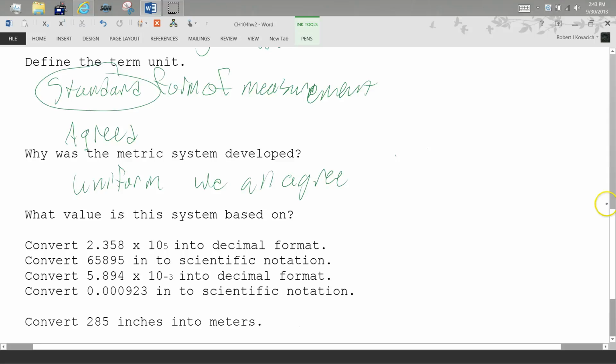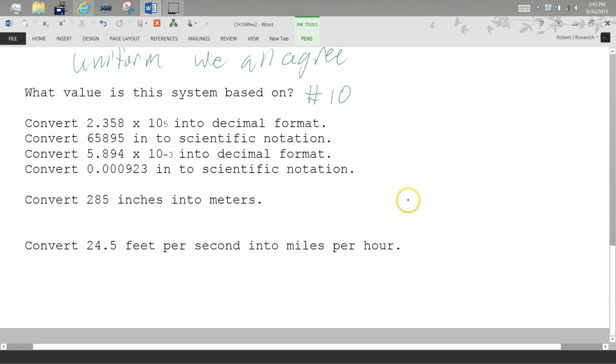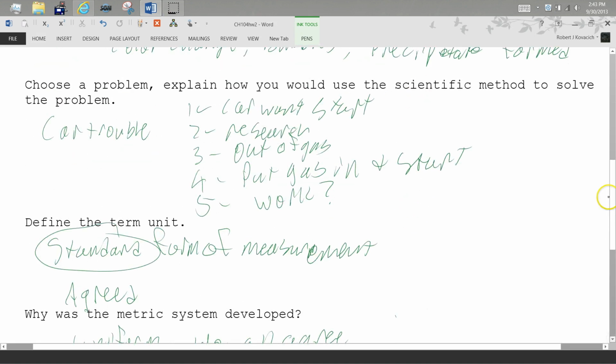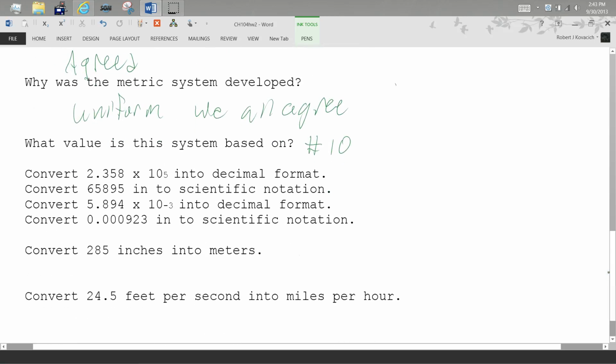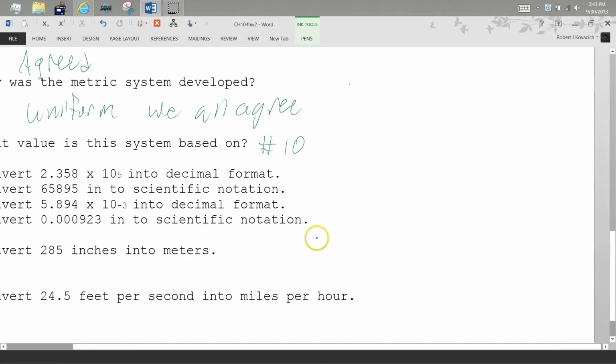And we already talked about it, but what's this based on? Powers of 10. The number 10, powers of 10. 10 to some exponent, right? All right, so we want to convert this into decimal format. Why is that a lowercase? That seems strange. So I'm going to take this and make it